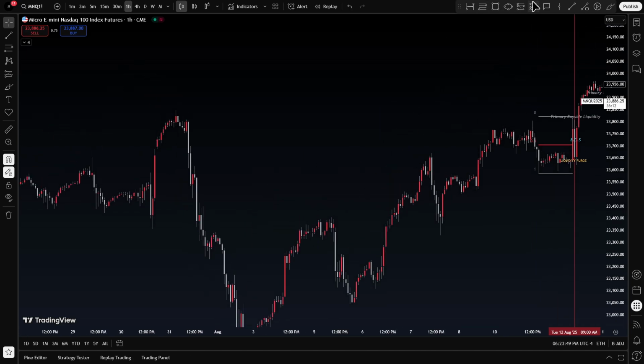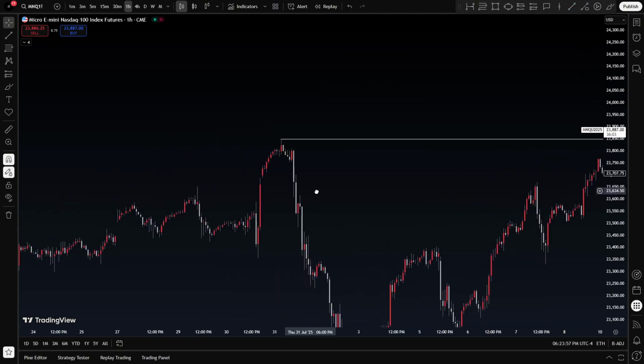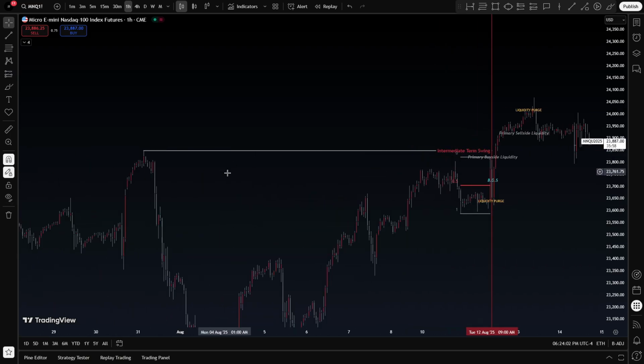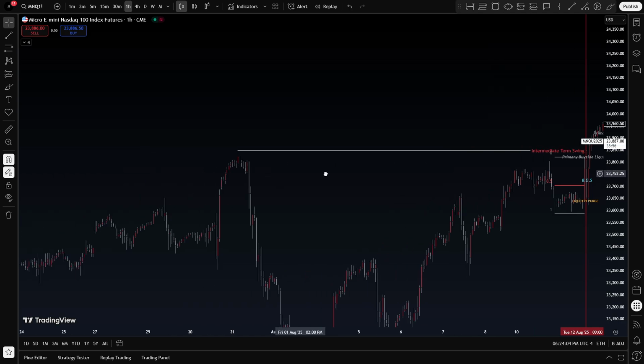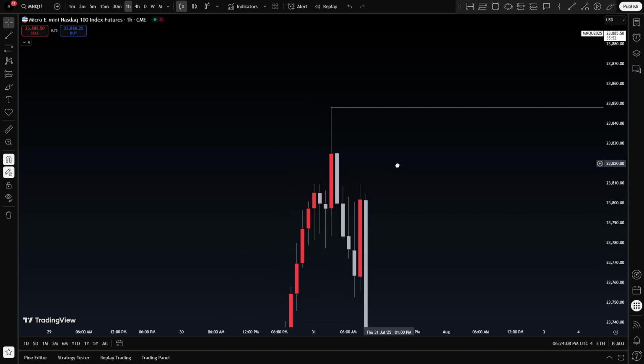Well, this high all the way over here. You're probably like, what? That? Why that? Well, I'm going to show you. Give me a little minute, okay? Now, if you zoom in, there's a reason I just marked that intermediate term swing. For the ones that have been with me for a while, you know exactly what that means. If we zoom in, for the ones that don't know, if you have